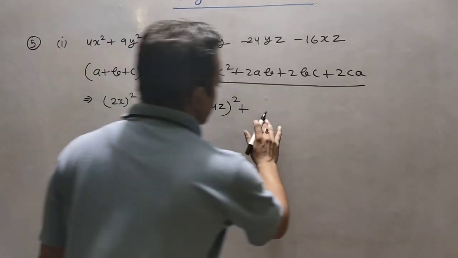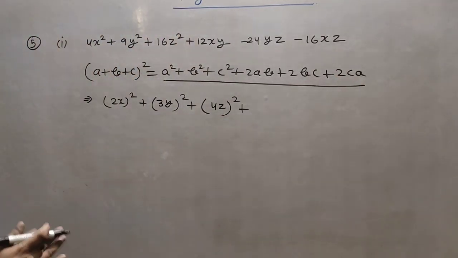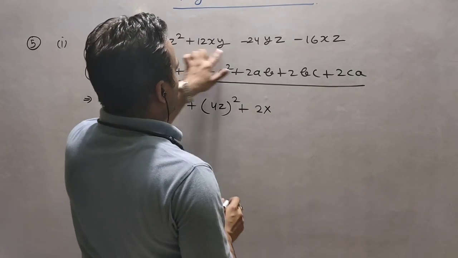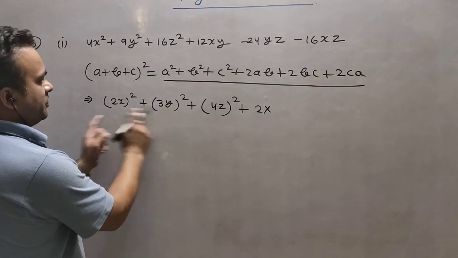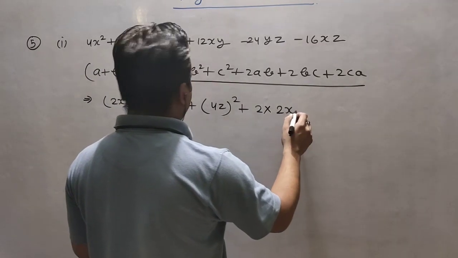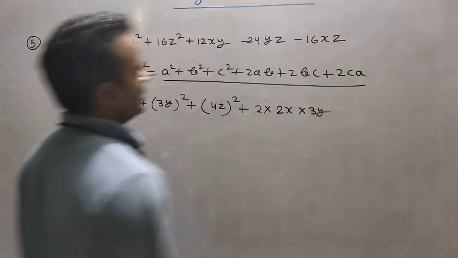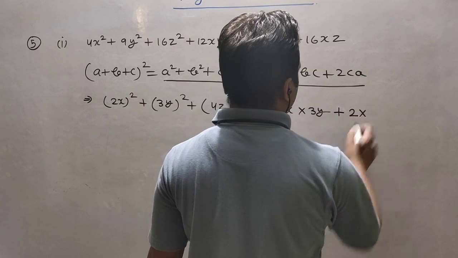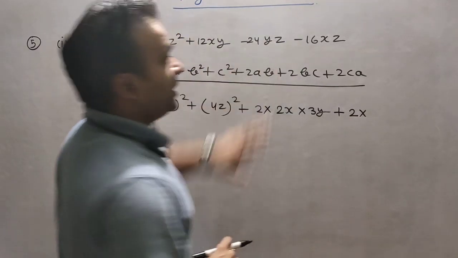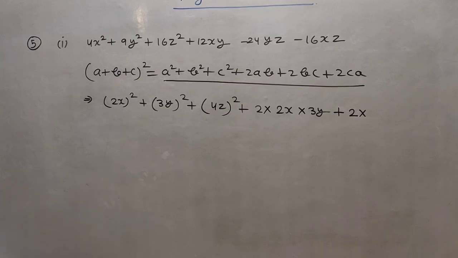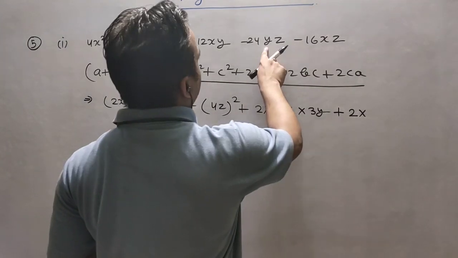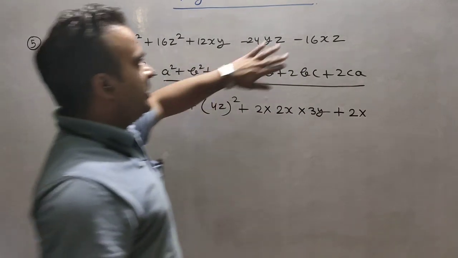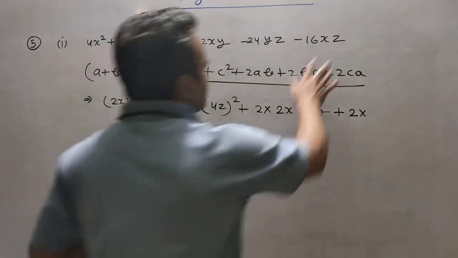Now okay, I am seeing one thing here. First one is 2ab, right? So it is the product of this one and this one: 2 into 2x into 3y. Okay, fine. Now you can see here it is in minus form. Now you have to check which one is in minus, the y part or the z part, this particular part or this particular part. We cannot identify by one term here. We will see the next term also.